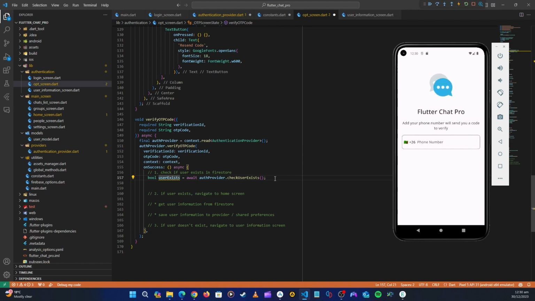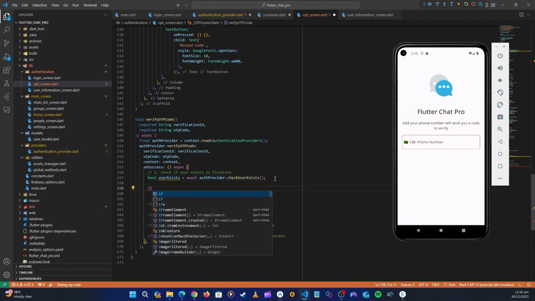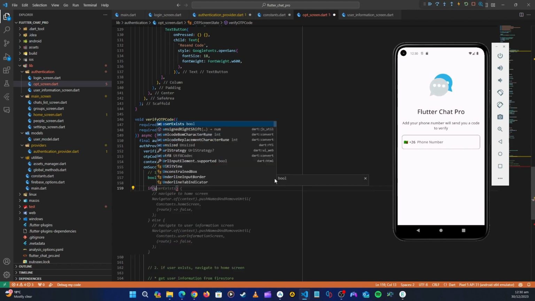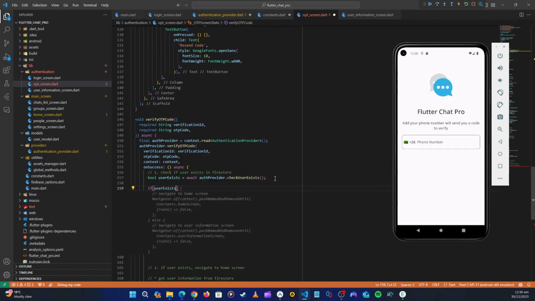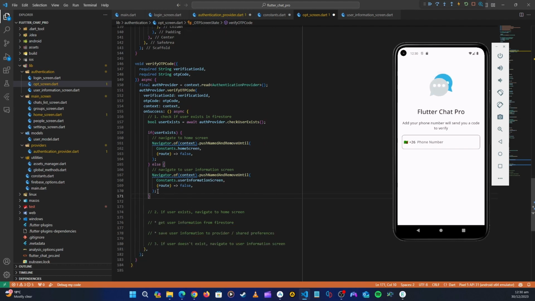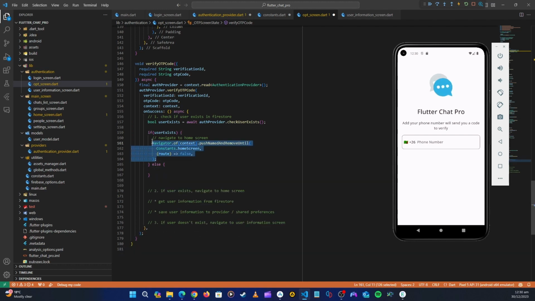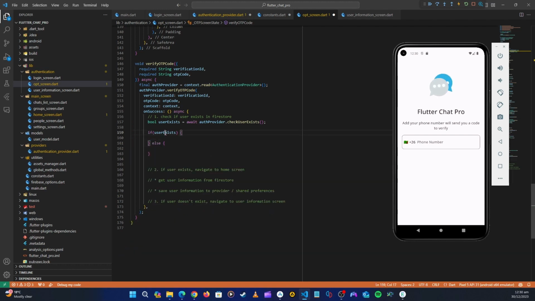Then now if this is true, we're going to check if user exists. We are going to go with that, but let's remove this Copilot code. We don't need this for now. Okay, so if user exists, what we said, we are going to do all of these things. Let's cut that and then paste that here. Okay, so if user exists, we are going to